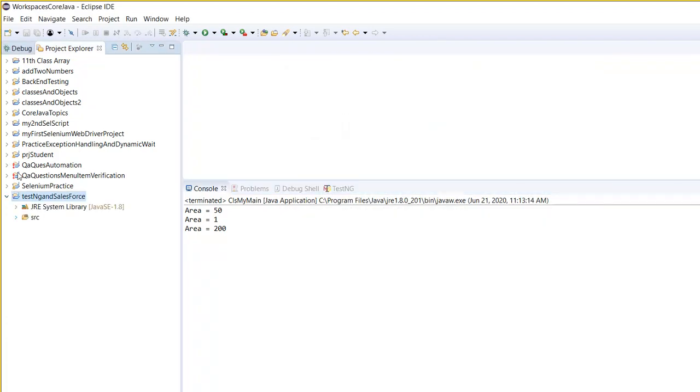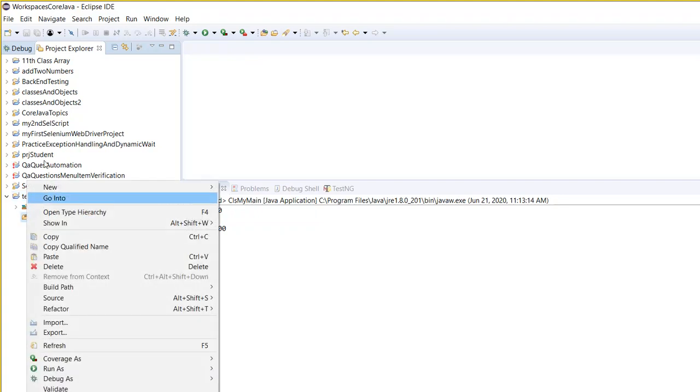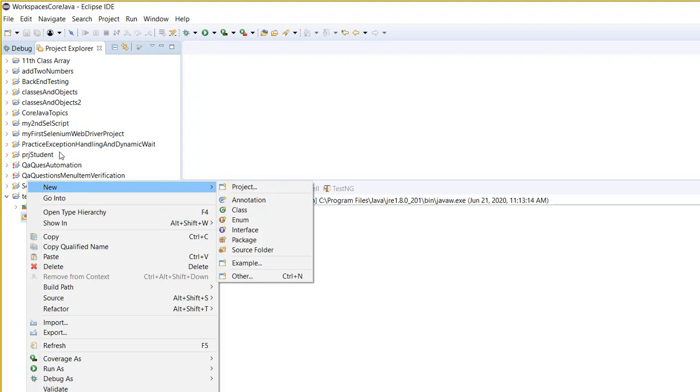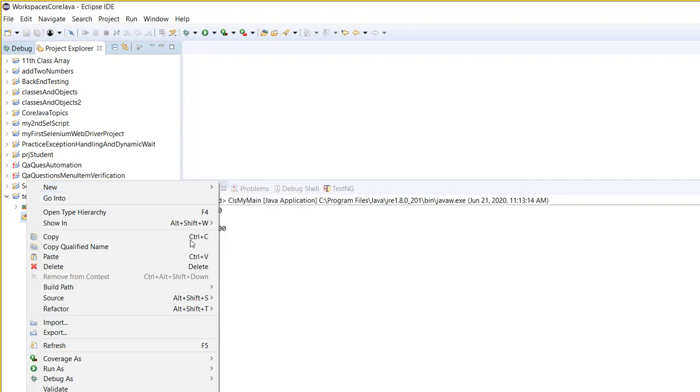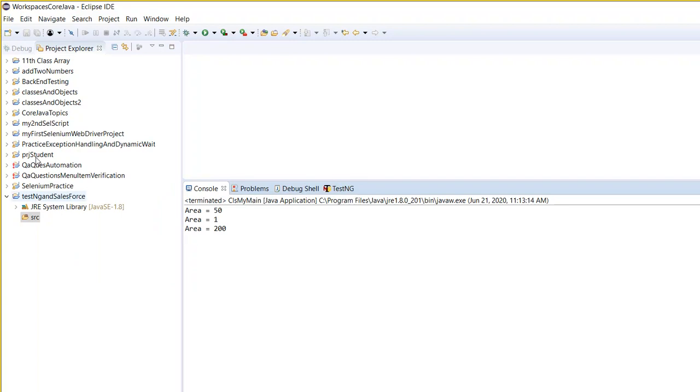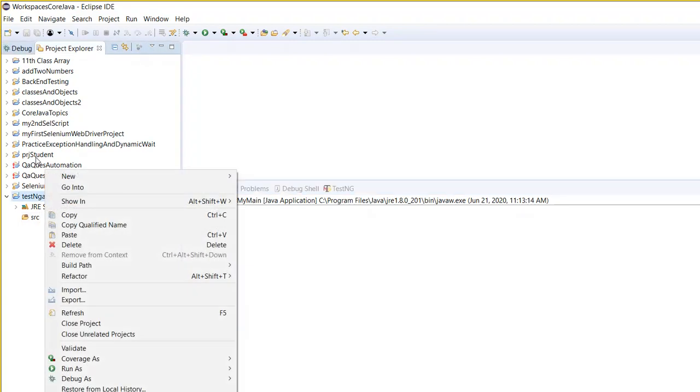I'm going to go there. I'm going to create a class. New. I'm going to create a package here. So in this particular project, one thing, if you see, right click and then